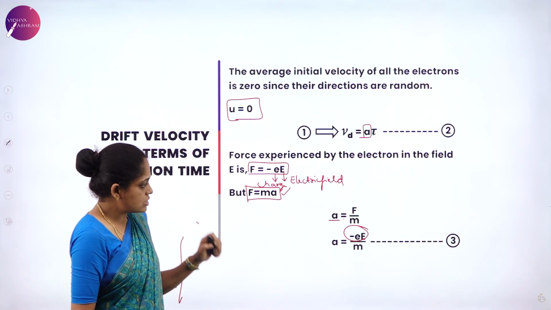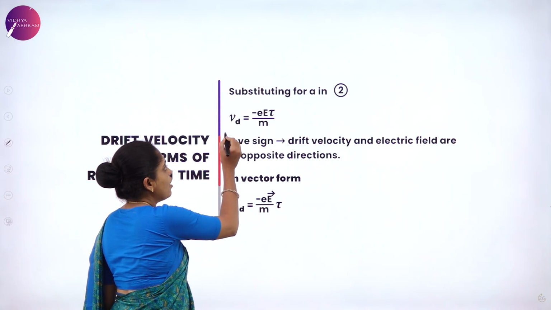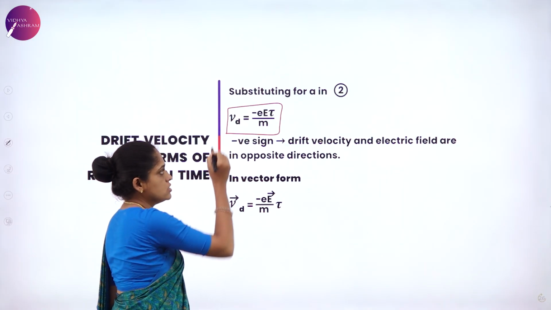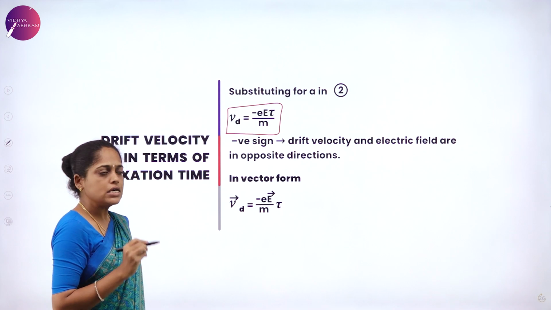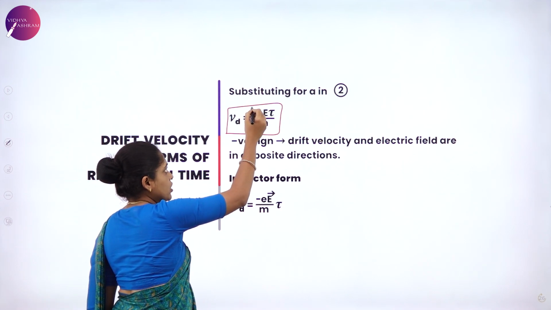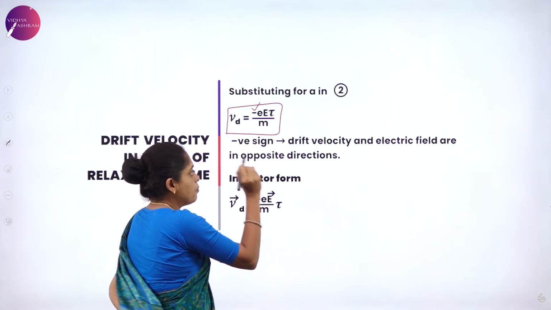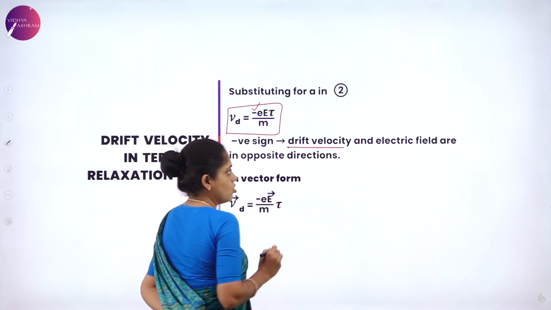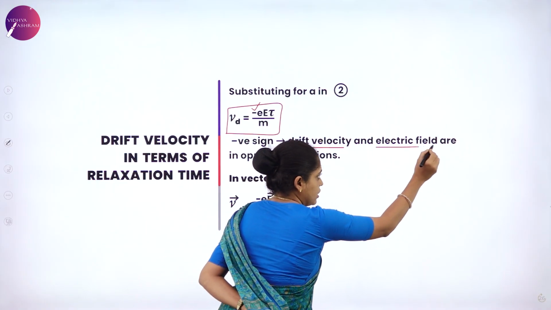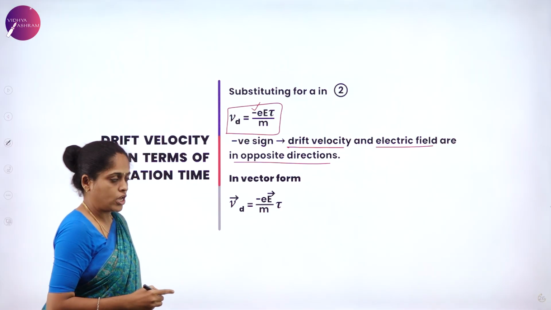Now substitute equation 3 in equation 2. Then you have the drift velocity is equal to minus eE tau by m. In this equation, the negative sign